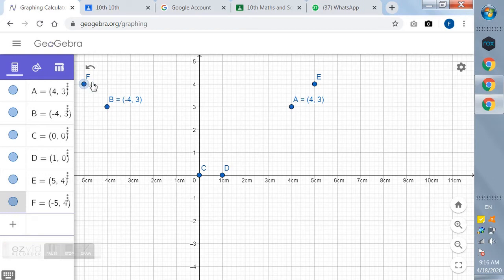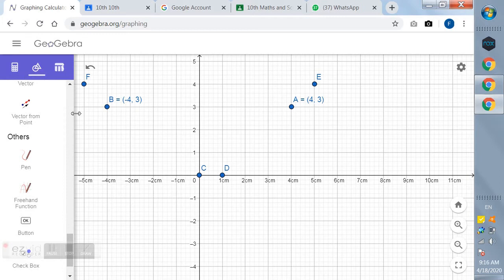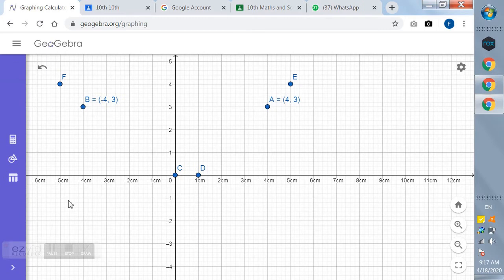So that's F, which is -5 on the x-axis and 4 on the y-axis. I'll add another point where x is also negative and y is also negative. That is here. The point has come here actually. It's not visible because,